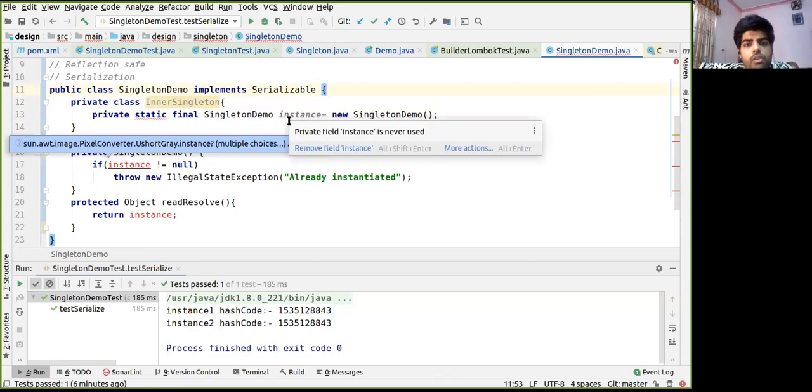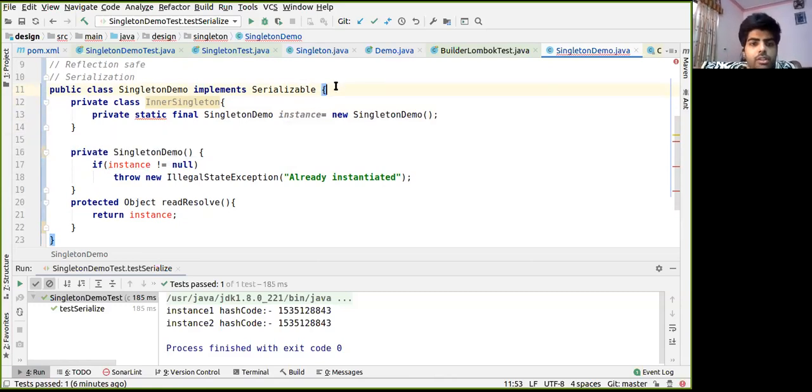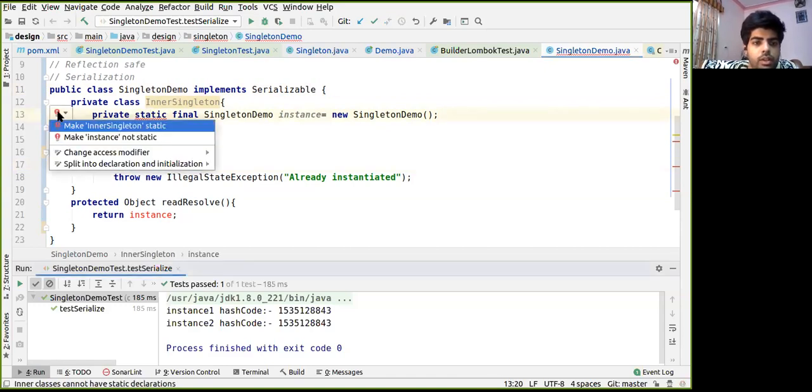So we have removed the instantiation from the outside class. Now we'll see how to use this inside this class. So this instance could be, first of all, let's see about this static. What error does it give?